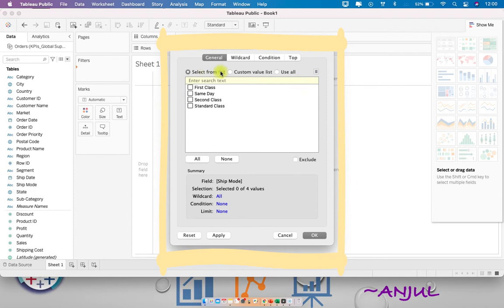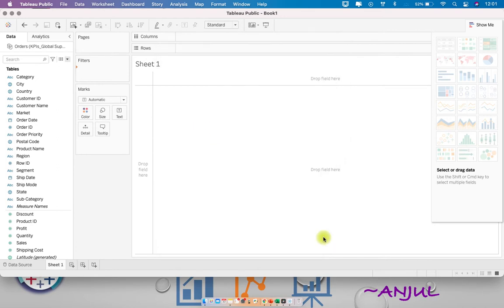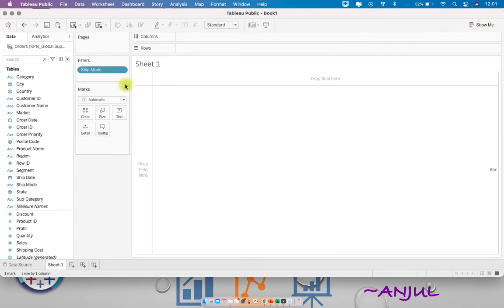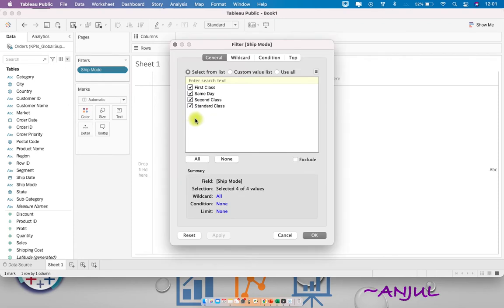So this will open, and this is general. The general tendency of a new user is to click on this Select All button and then click OK. Now next time whenever data comes in, and let's say maybe two classes are added here, let's say superior class, inferior class or anything, people think that they will be automatically selected, but that is not the case. Whenever a new value comes in, it will not be selected, because this is a static selection.